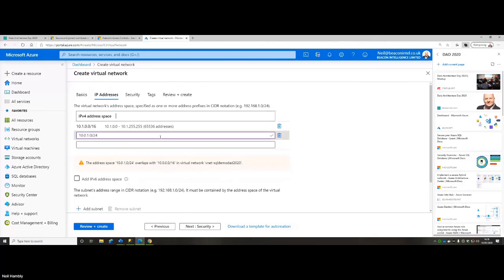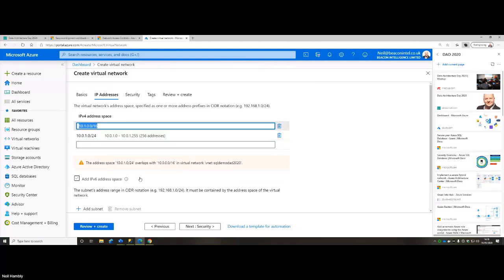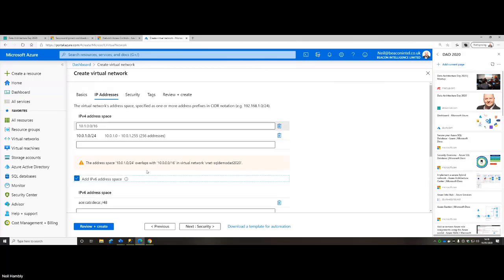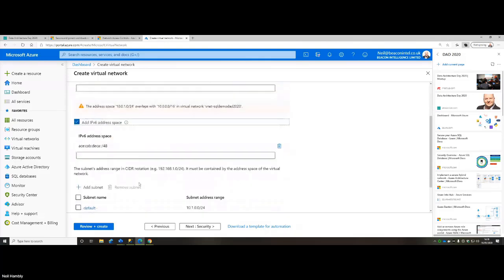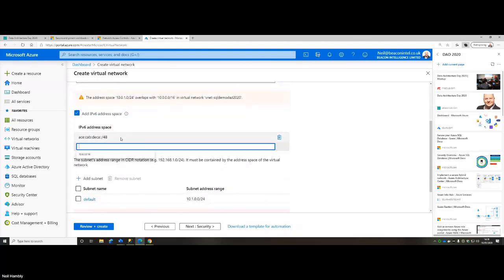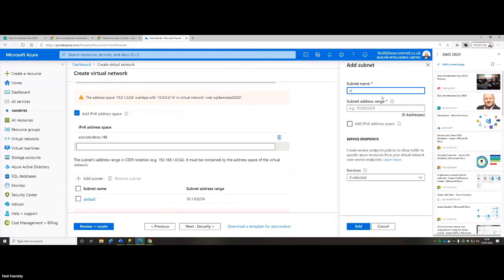What I'm doing here is adding another set of IP addresses, another virtual network that's in a different virtual network range. But that's saying that it actually overrides that virtual network. I can also do an IPv6. I'm going to give it a subnet name. I'm going to call this Neil's demo subnet.